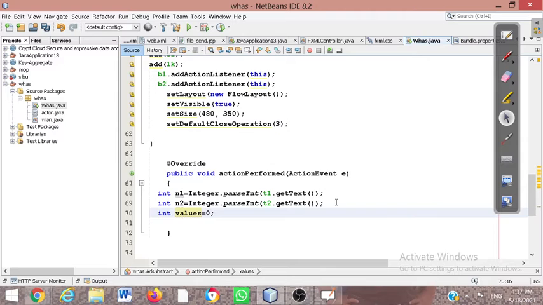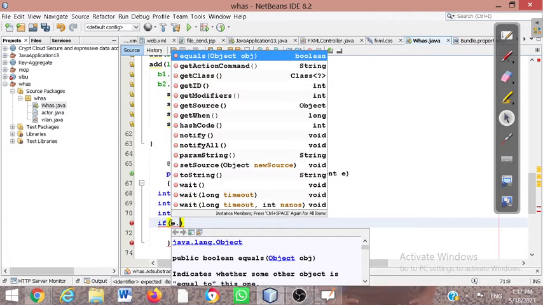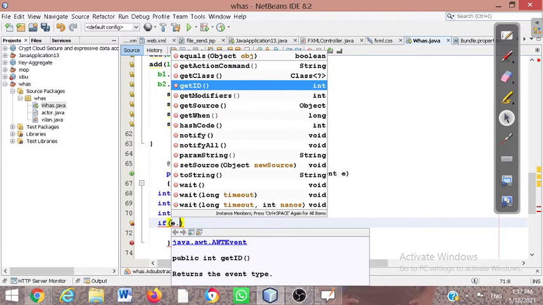And now here I am using the condition. I don't know which button the user is going to click. So I will check which button is clicked by the user. Here I am going to use the if condition, and inside this if condition I am going to write e, the reference, the ActionEvent reference. I will take e dot one method that will be accessed here, that is getSource. getSource, because we need to know which button is being clicked by the user.